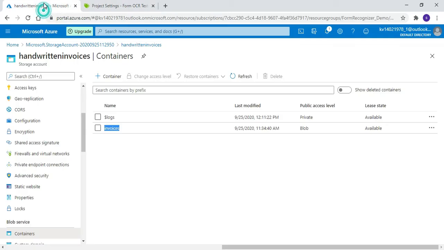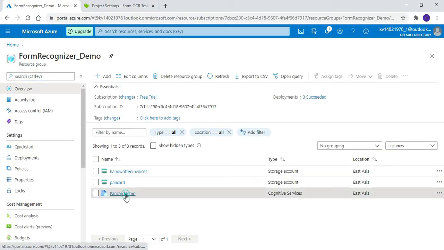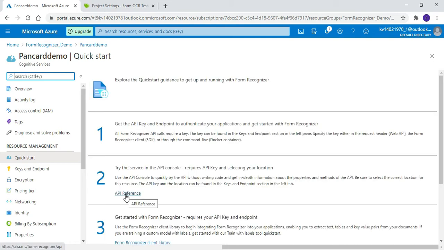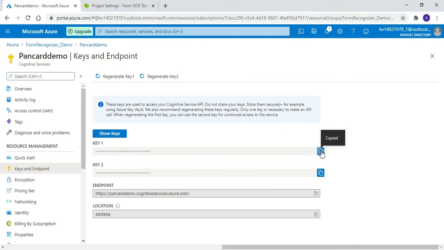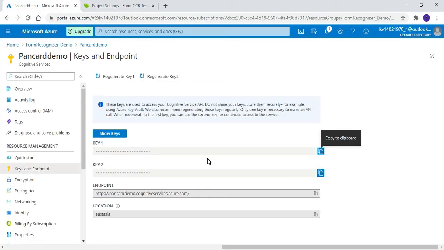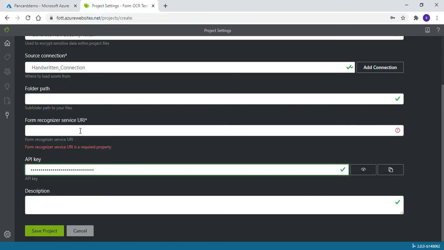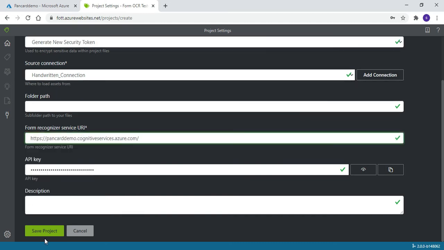Go back to the Azure portal, go to your resource group and then to the cognitive service resource you created. Go to keys and endpoint, copy the key and paste it into the API key. Again go back to the Azure portal, copy the endpoint, paste it into the Form OCR tool service URI, and then click on save project.